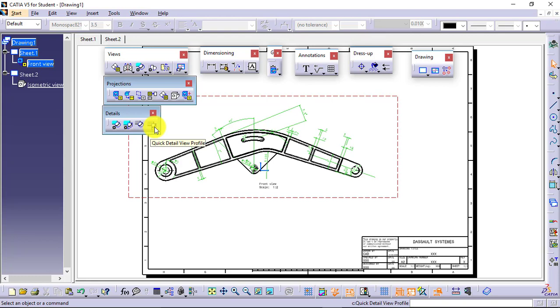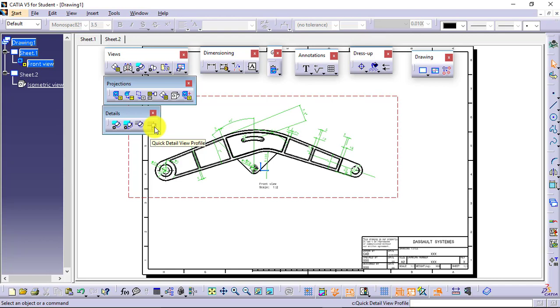Remember, whatever type of view you apply, when it is generating another view, then your parent view should be activated. If you want the view to be generated from the front view and your top view is activated, then it will create difficulties for you.